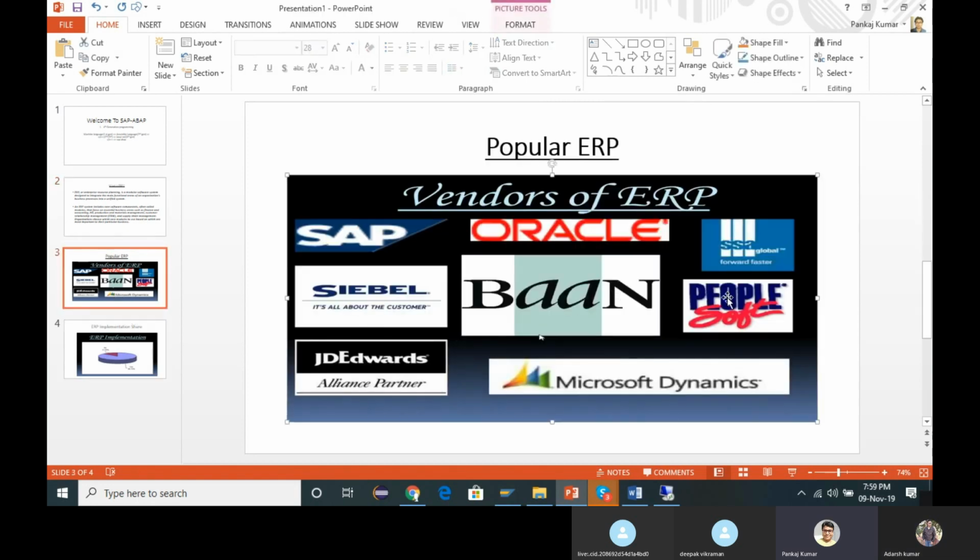There are many popular ERPs like SAP, Oracle, you must be knowing about these, SSA Global, Siebel, BaaN, PeopleSoft, Microsoft Dynamics, which is a cloud-based application, and JD Edwards. The most popular is SAP, which has captured most of the market.